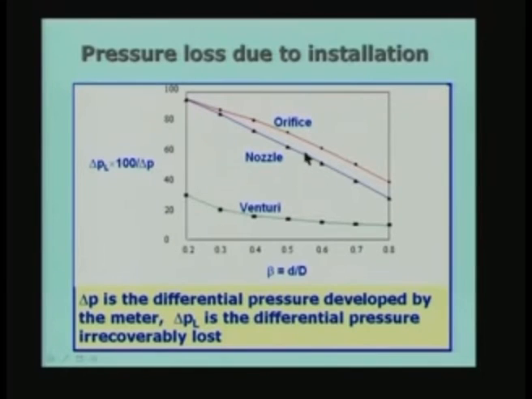But if you remember what I said earlier, the orifice occupies the smallest length, the nozzle is next to that, and of course the venturi requires a large length for the installation. So, if you are particular about the length of the installation, then you can go for the orifice, but then you have to sacrifice the pressure loss. The other point is that the nozzle and the venturi both have a very high coefficient of discharge compared to the orifice, which is a plus point. The coefficient of discharge is higher and the variation is also small, whereas the orifice has a very large variation, starting at about 0.6.